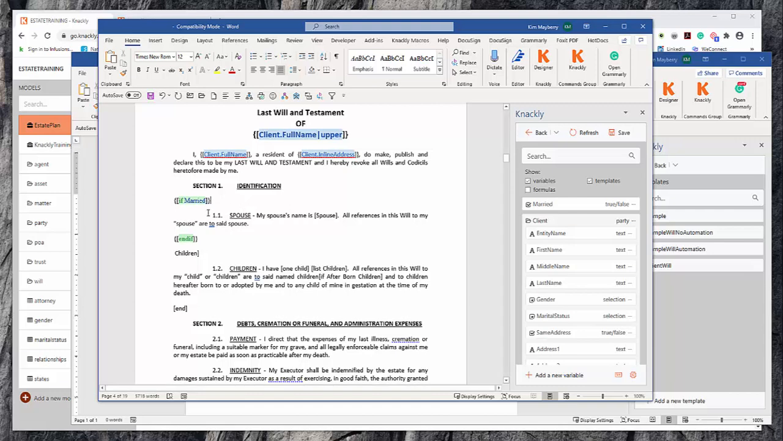One thing to note about Knackly is if I do an if statement around a paragraph, I can't put if married right here and then an end if on a new paragraph. I would need to always have the if statement surround the paragraph. I can certainly put an if statement within a paragraph, but if you are trying to go around multiple paragraphs, you'll just need to have the if statements on their own line breaks. So my spouse's name,